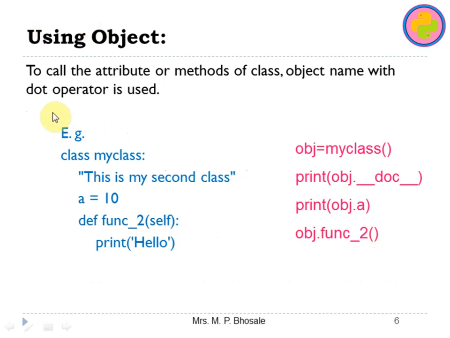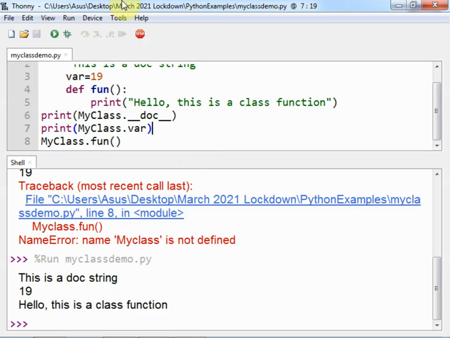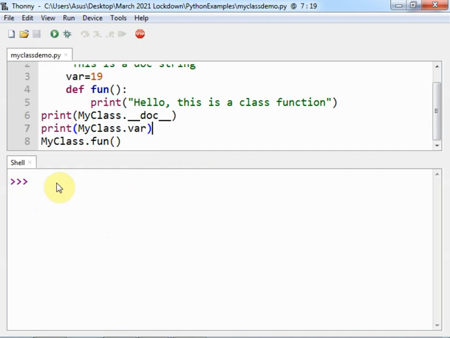So this is the second way to call the attributes or methods of the class, which is the object name with the dot operator and the attribute or method name. So let us try this. In this example, let us first clear the shell.